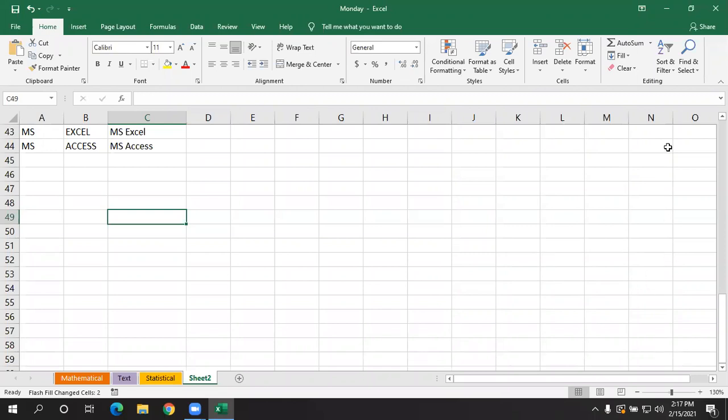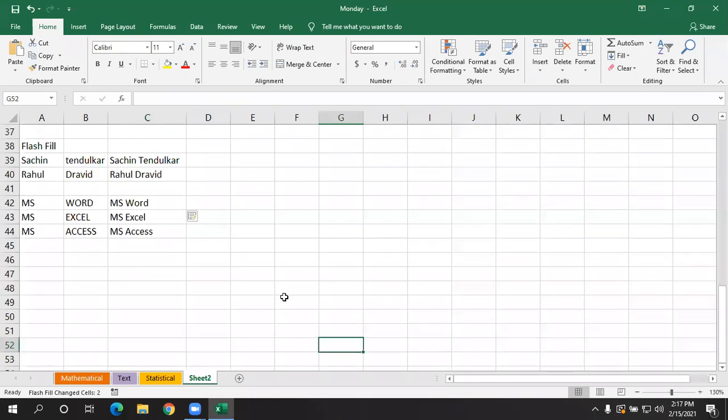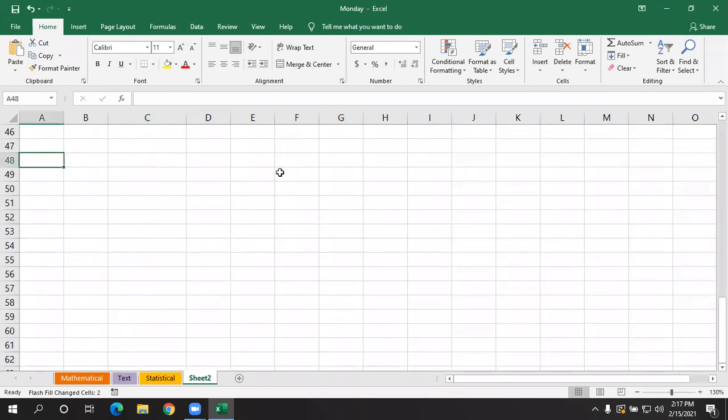And what is the next command we have here is sort and filter. So what is meant by sort? Sort is nothing but arranging the data either in ascending or descending order. So here I'm going to add 10 records. I'll give your name and place as fields.